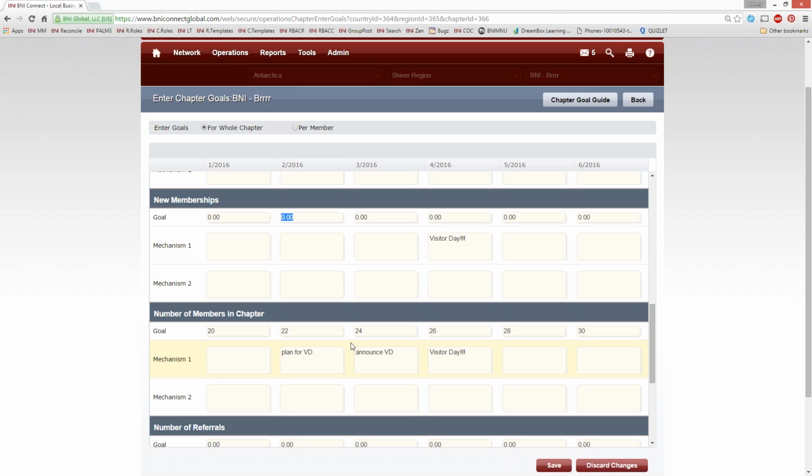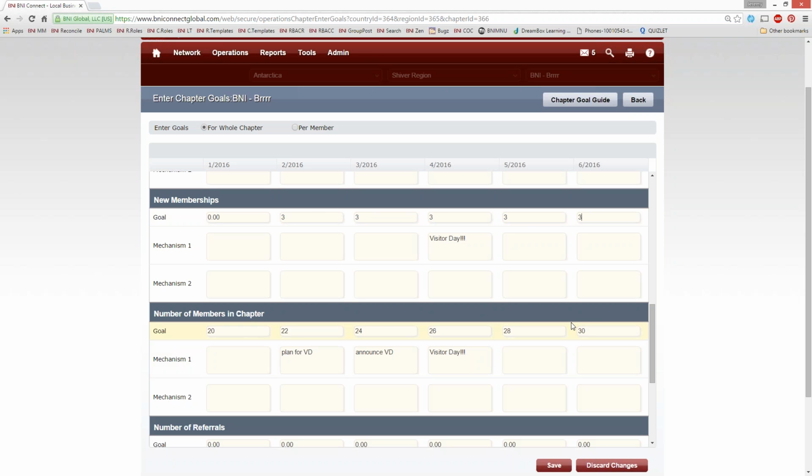On average, most BNI chapters will lose about a member per month, or about 12 members per year. And we should really take that into account when we're looking at the number of new members we need in order to sustain our chapter as well as grow it. I mean, to sustain our chapter, we would really need to be looking at making sure we get 1 new member every month. So if we actually want to grow by 2 members each month, then we're going to need really 3 new members. So I'm going to fill this out, 3 new members all the way across, and that should help us to increase.